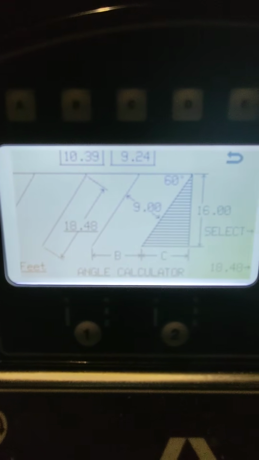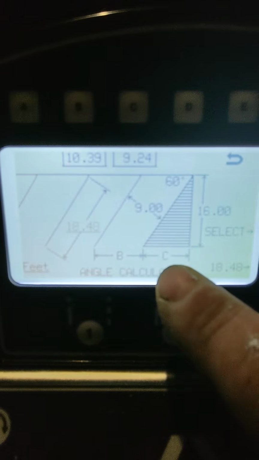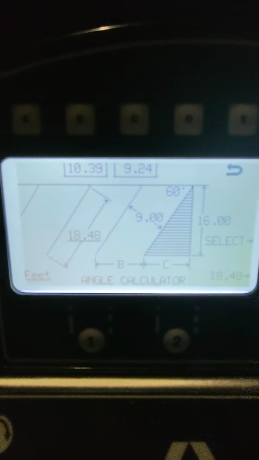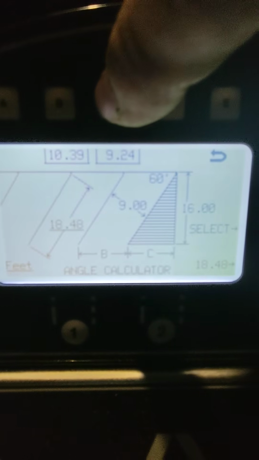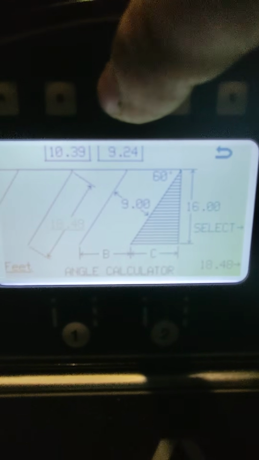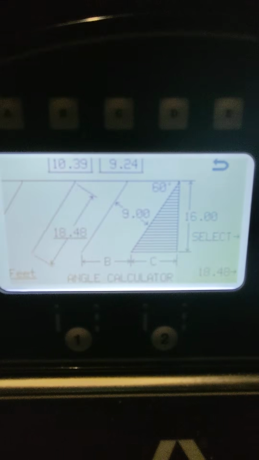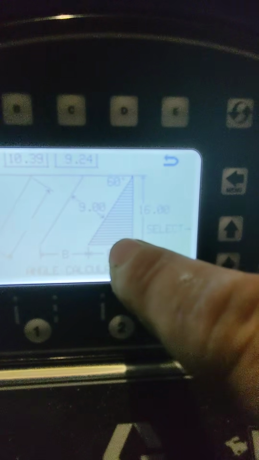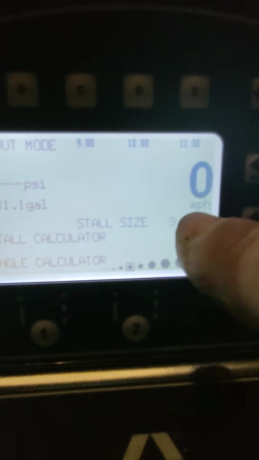So once you got that set, then you'll see there's a B measurement and a C measurement. Those correspond to, up here, the B button and the C button. So the first thing you're going to do is hit the C button to establish your offset, which is 9.24 feet. So what you do is you hit C, automatically brings to 9.24 feet. That's the same